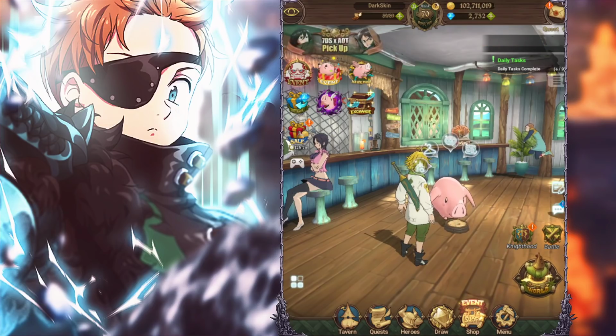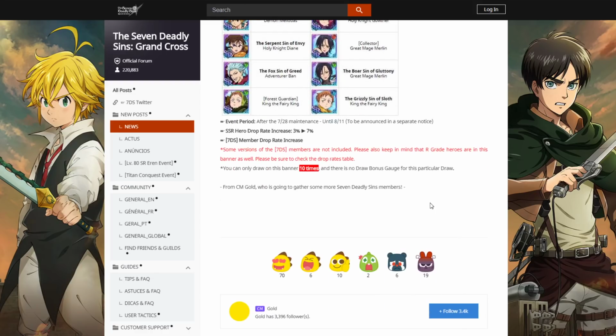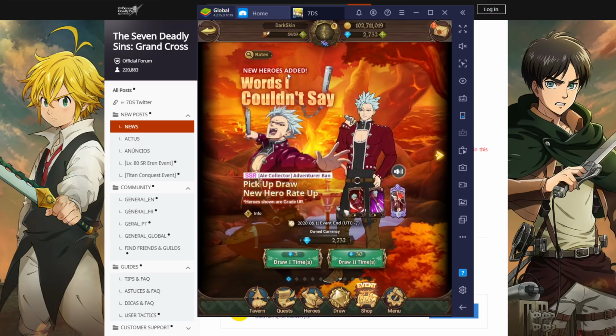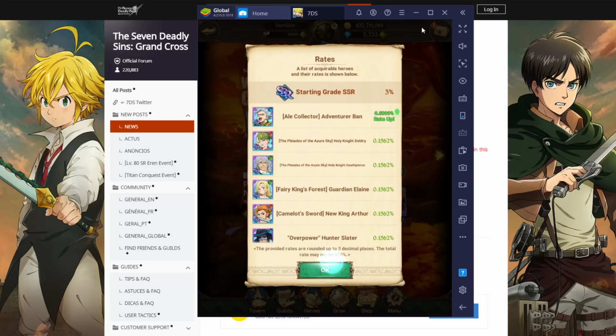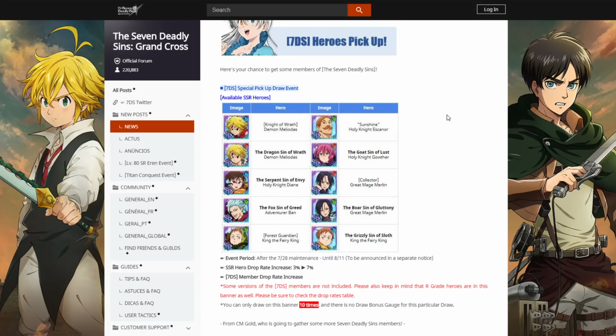So, let me go ahead and switch over here. So, starting out, number one, this is a 7% banner. If you guys don't know, most banners are 3%, with this banner being 7. So, off rip, it's already like double the percentage, right? All banners are 3%, but the Sins banner is 7%. Now, the thing about this banner,